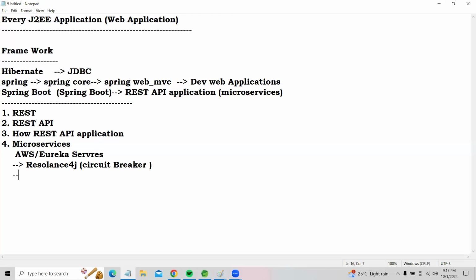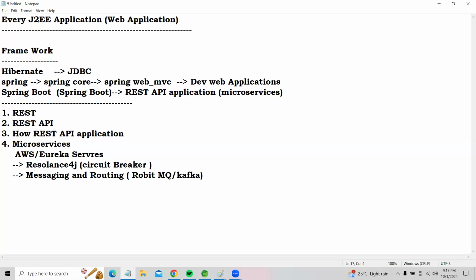After this, I'm talking about messaging and routing concepts, very, very important. Here I'm talking about RabbitMQ, or we are going to use the Kafka tool, my friends.